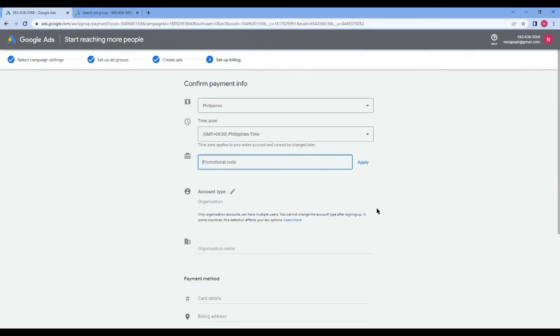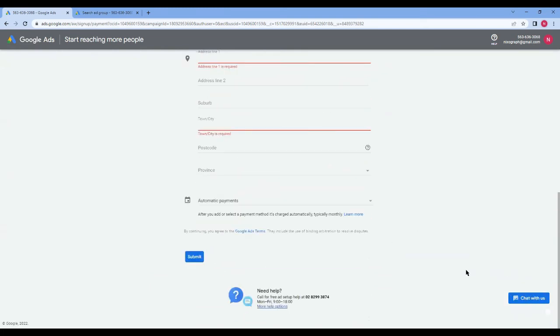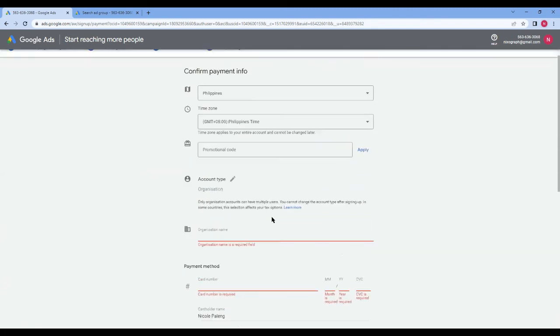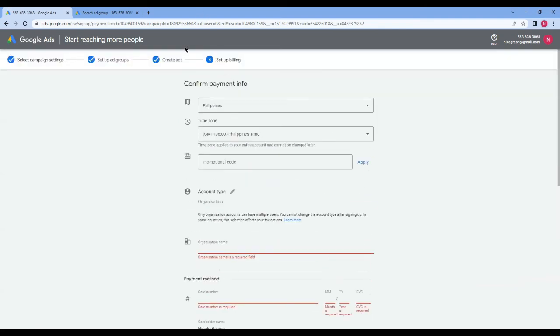You've set up your billing information. Okay, let's use this as an example now. Once your ad is ready to go,